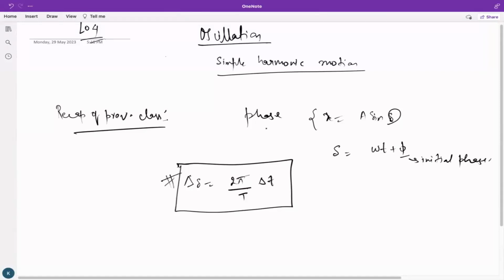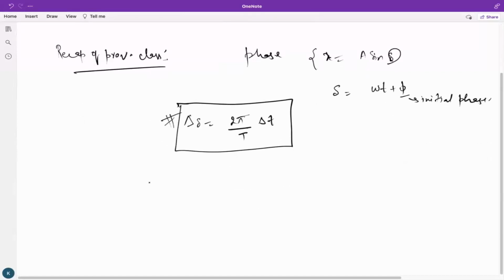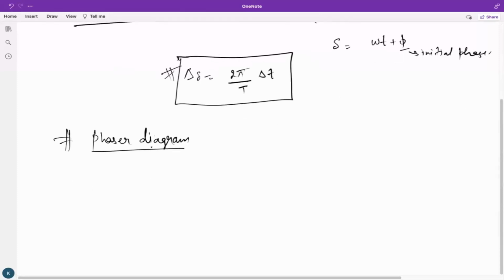So now in today's class, we are going to discuss a new topic, which is termed as phasor diagram. So let me start today's topic. It's termed as phasor diagram. So actually the phasor diagram is the conversion of simple harmonic motion into uniform circular motion